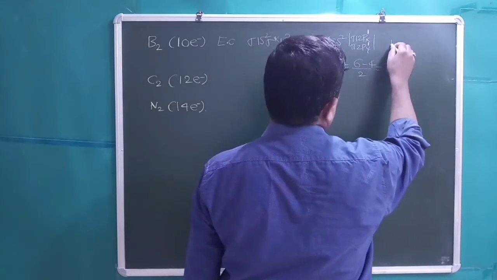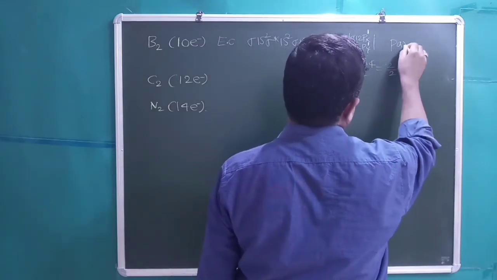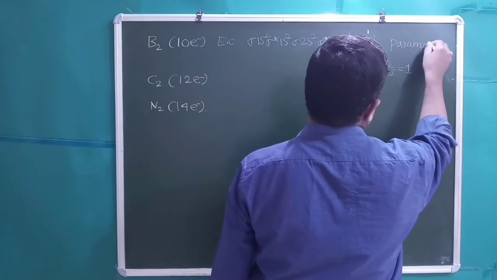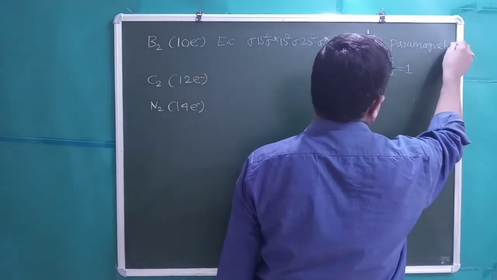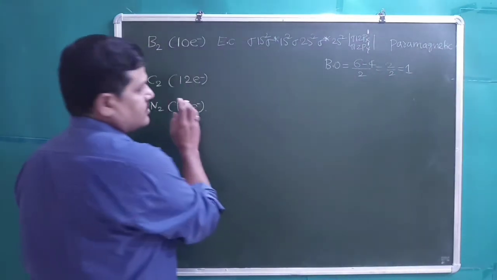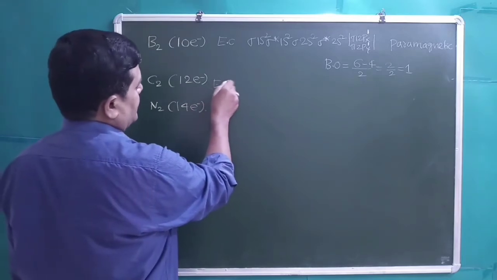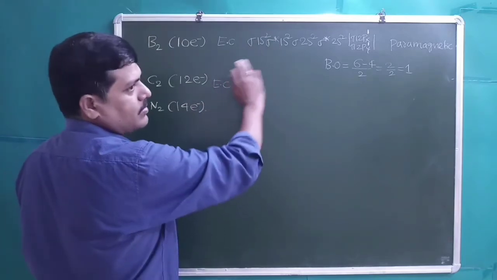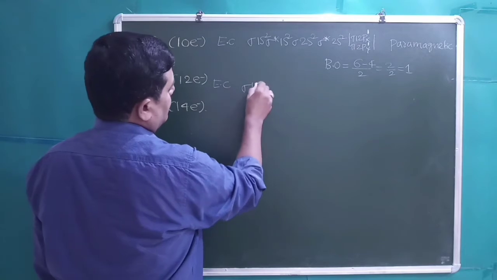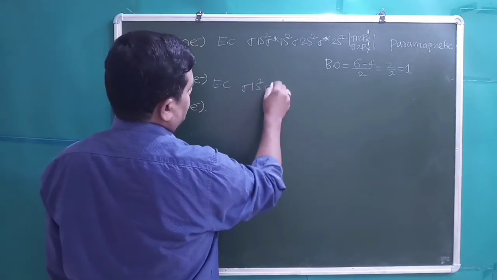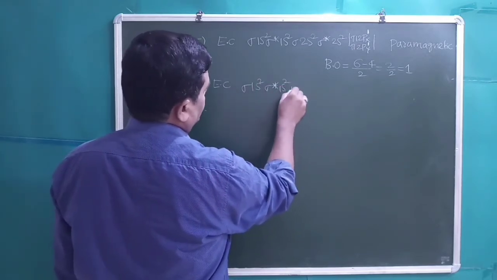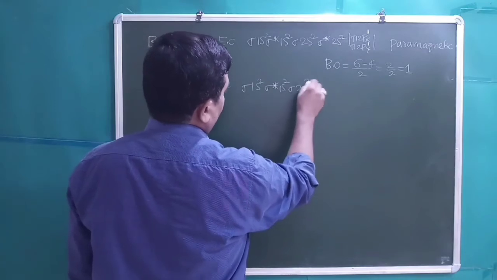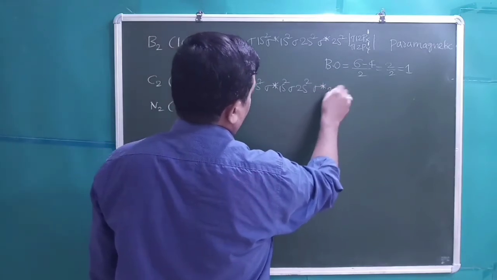So magnetic behavior is paramagnetic in nature. C2 case, electronic configuration up to 14 same order: sigma 1s2, sigma star 1s2, sigma 2s2, sigma star 2s2,